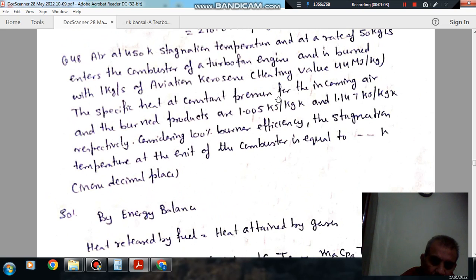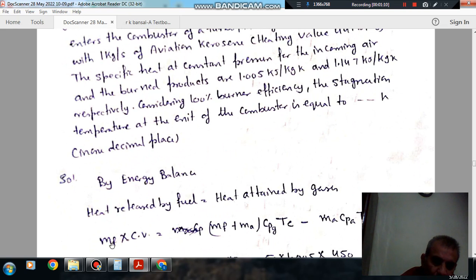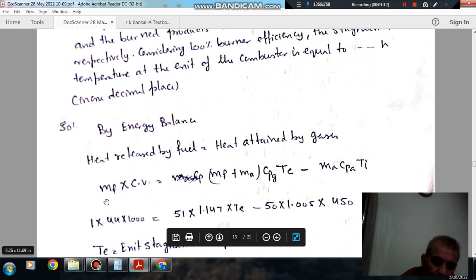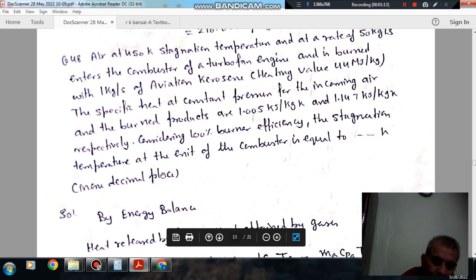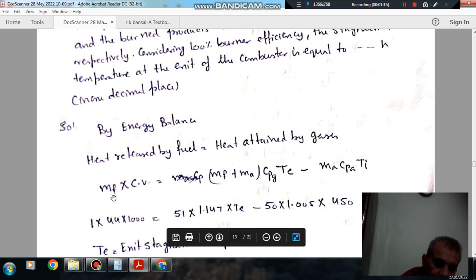So by energy balance, heat released by fuel should be equal to heat attained by gases. So heat released by fuel is 44 into mf. Okay, mf is 1 kilogram per second. Okay, and 44 into 1000. And